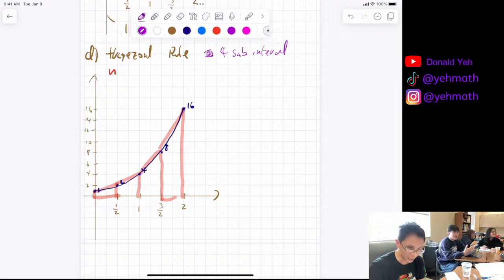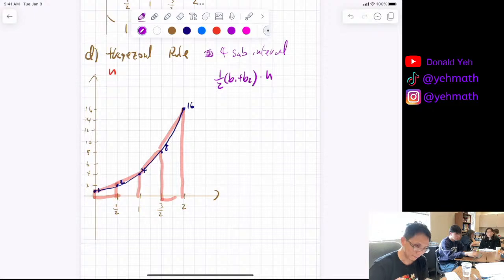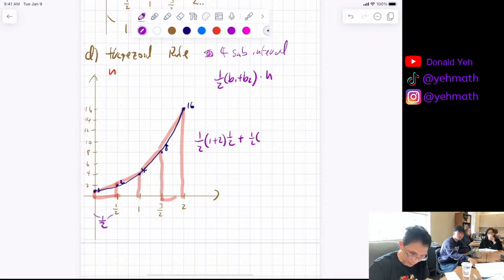All right, so 4 subintervals. So then you're going to do 4 trapezoids. How do you do a trapezoid? It's 1/2 base 1 plus base 2 times the height, but you're going to do it 4 times. So that's where a number is really helpful. 1/2 of base 1 is 1, base 2 is 2, right? And times the height, which is 1/2, because here it's 1/2. Plus 1/2 times 2 plus 4